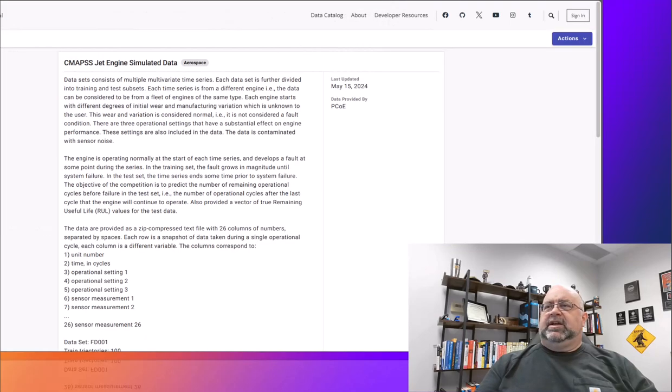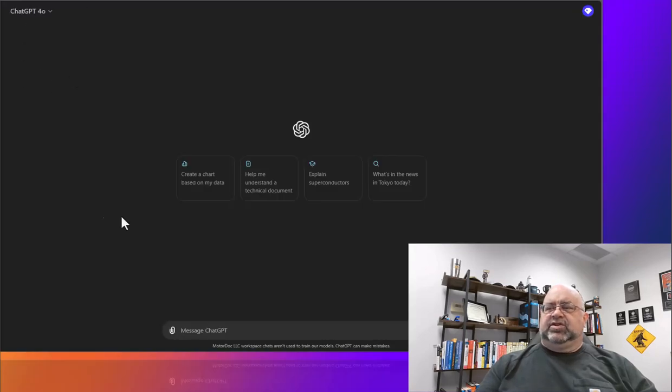So let's go ahead, and we're going to go over to ChatGPT, and I'm going to minimize things so you just see the main screen, because I have way too much stuff that I don't want to expose on the left-hand side. And we're going to start a new model here. I can do a memory thing, but basically, because you see here the workspace chats aren't used to train models,